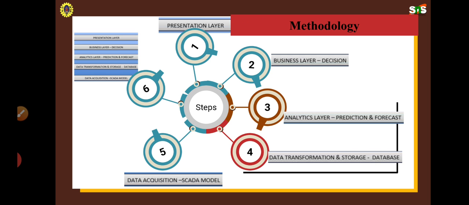So it may consist of different types of levels, methodologies. It may consist of different types of layers. First one presentation, second one business layer, third one analytical layer, fourth one data transmission and storage, then the last one data acquisition. So the first most important thing is data acquisition, which has been installed at multiple points acquiring data